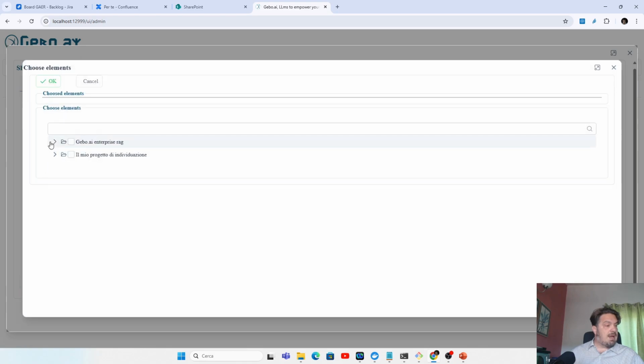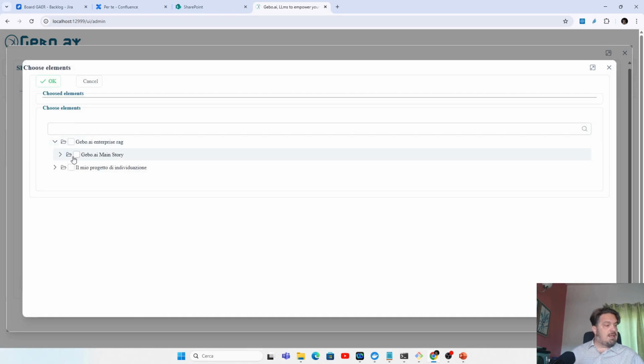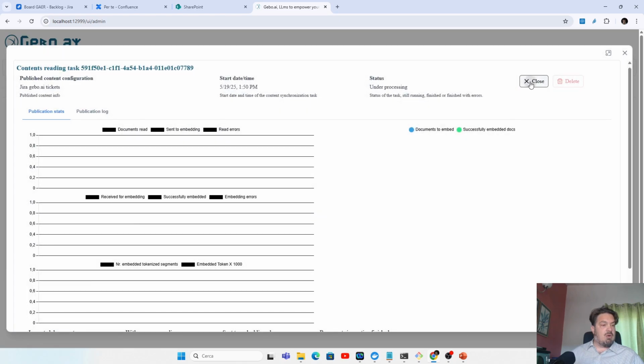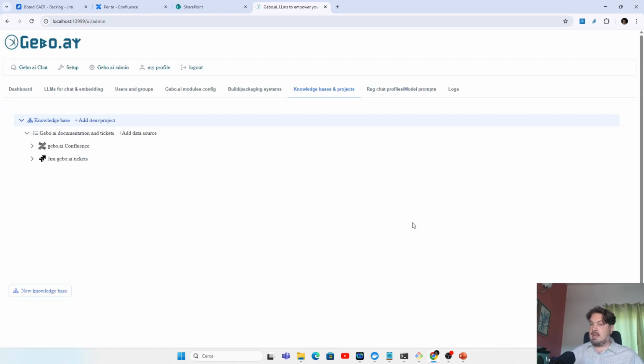And here I can choose the tickets coming from the Gebo.ai Jira project inside Jira. So doing this, all the tickets will be published inside the Gebo.ai platform, and also in the future I can program when the software will synchronize with the systems.